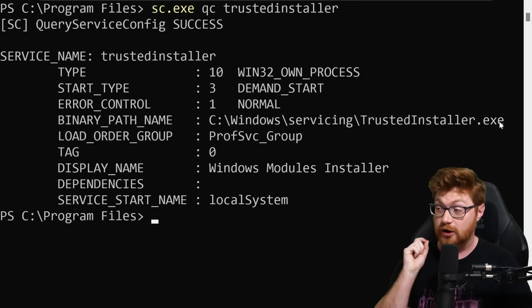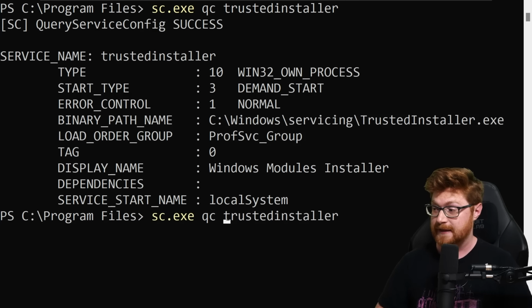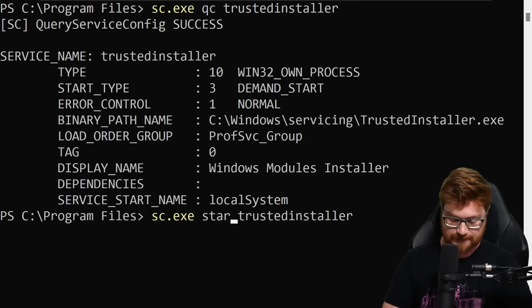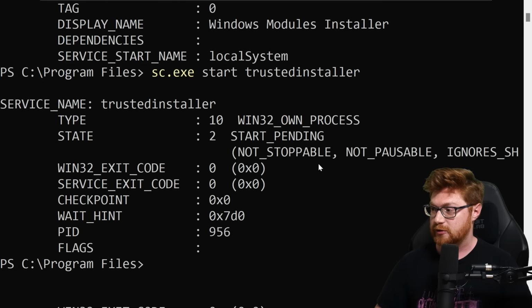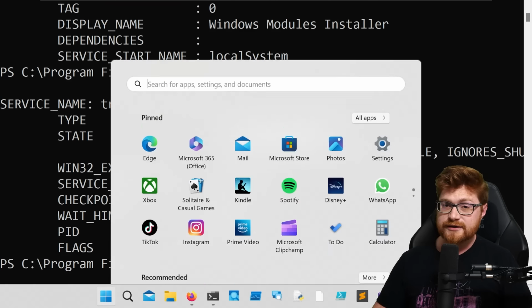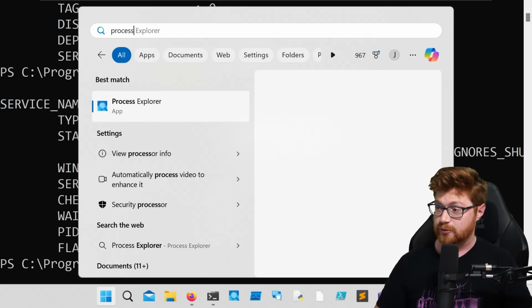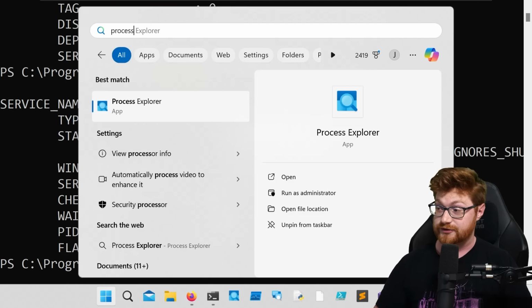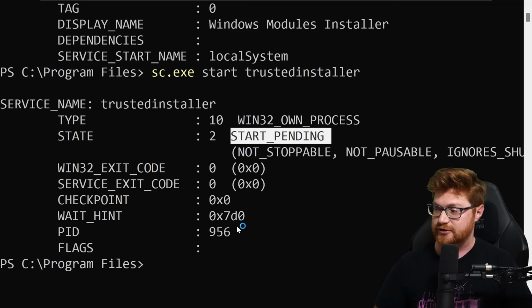Now, if we were to start this service, we could see it in action. Let me just use the start subcommand here, and that should get the thing moving. Start pending. Now we can use something like Process Explorer from the Sysinternals suite once again, and I'll run this as administrator so we can get all the privileges and permissions that we should have, and we can go take a look at that